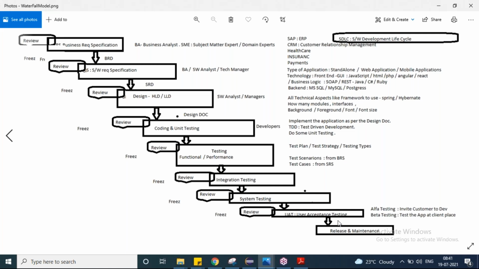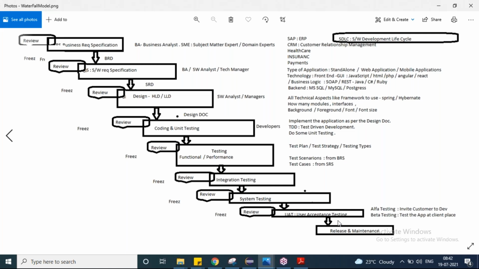Now the testing team has to start their journey. So here what the testing team has to do is they have to prepare something called a test plan. What do you mean by test plan? Test plan is nothing but a company level document or team level document that describes the overall activities that you're going to do as part of your testing, like what are we going to test. As a testing team, before you start your journey you have to clearly mention everything and get the approval from the management.